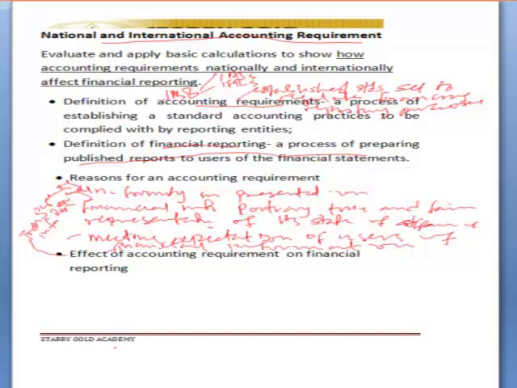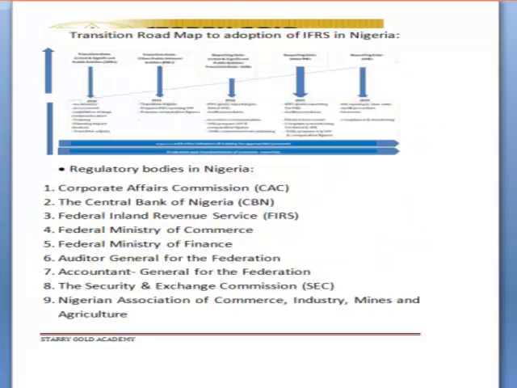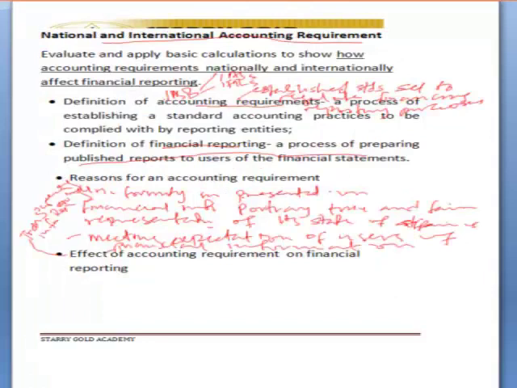Now, what is the effect of that accounting requirement? The effect of an accounting requirement on financial statements. I will quickly look at a worked example to address this, so that we can see what the need to regulate accounting, an accounting requirement to regulate financial information, does to financial reporting.